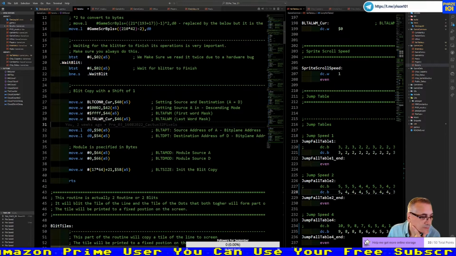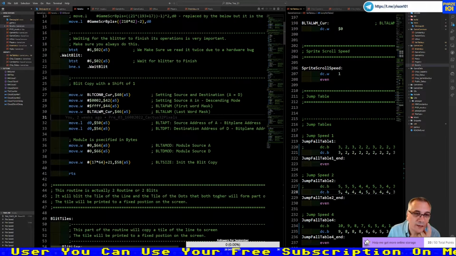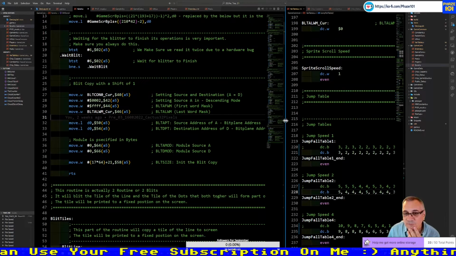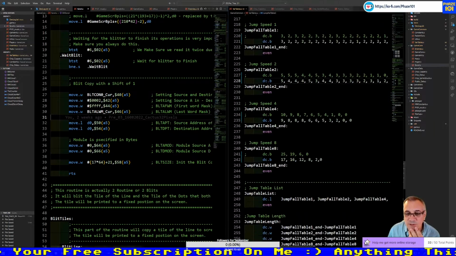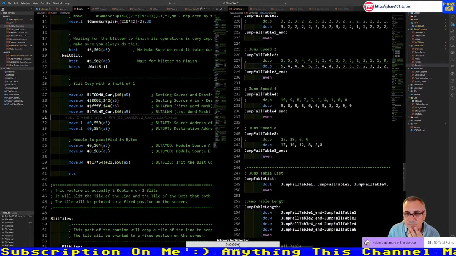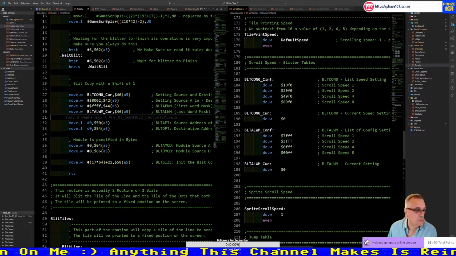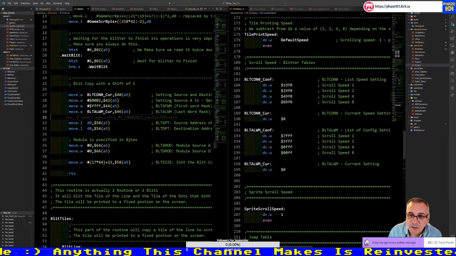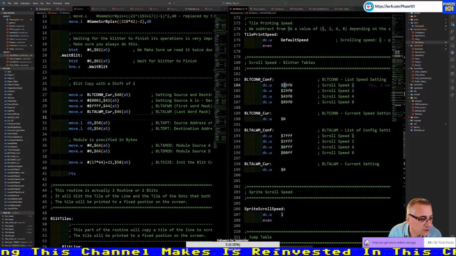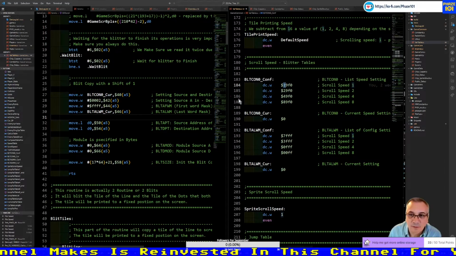Now, the rest is quite easy in a way. So BLTCON0, I can find you what BLTCON0 is, because I changed the values that I put here. The 1 is the shifting, so we are shifting the screen by 1.